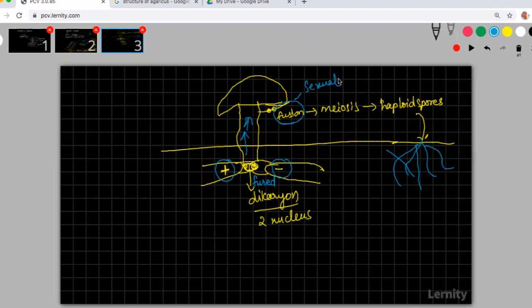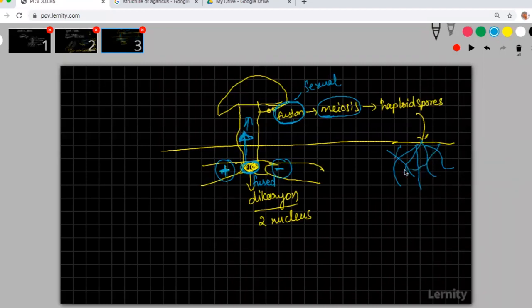Okay, we cannot call this vegetative propagation. Why can we not call it vegetative propagation? Because this is one type of mycelium. This is another type of mycelium. Both these things are fused together to form a basidiocarp. Inside the basidiocarp, you see the fusion, after which you are able to see the meiosis also. And then it develops haploid spores, and then it tries to develop into these structures.